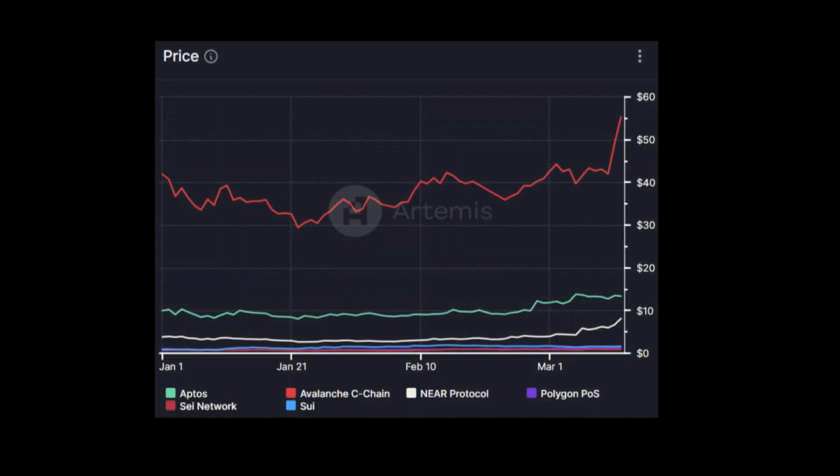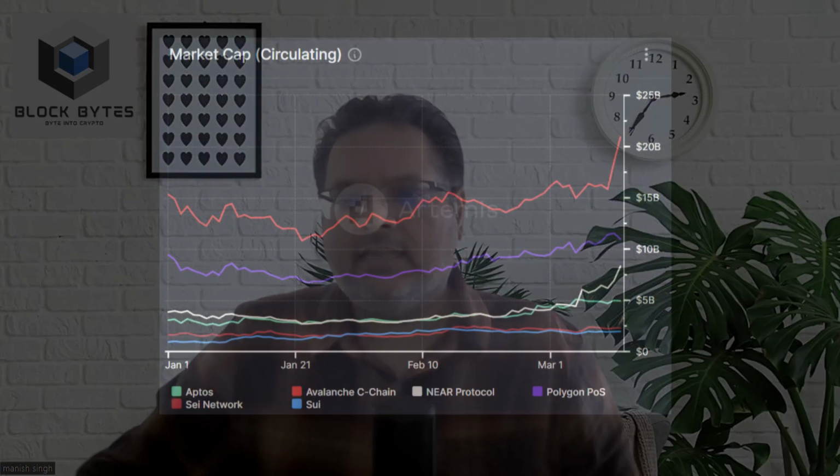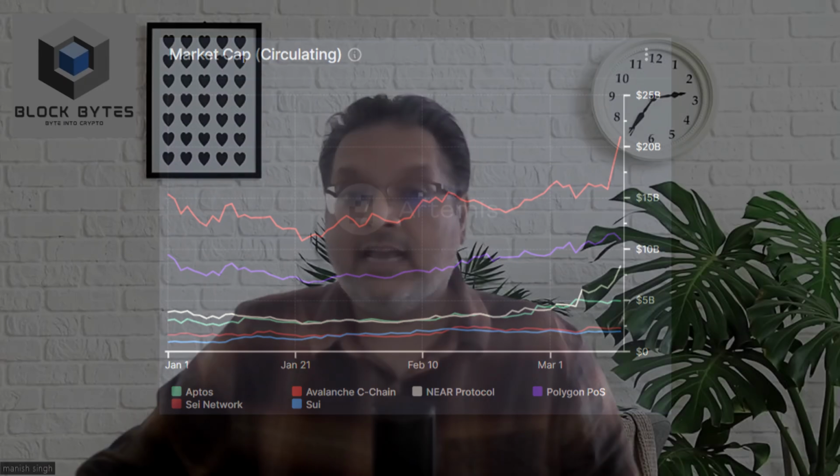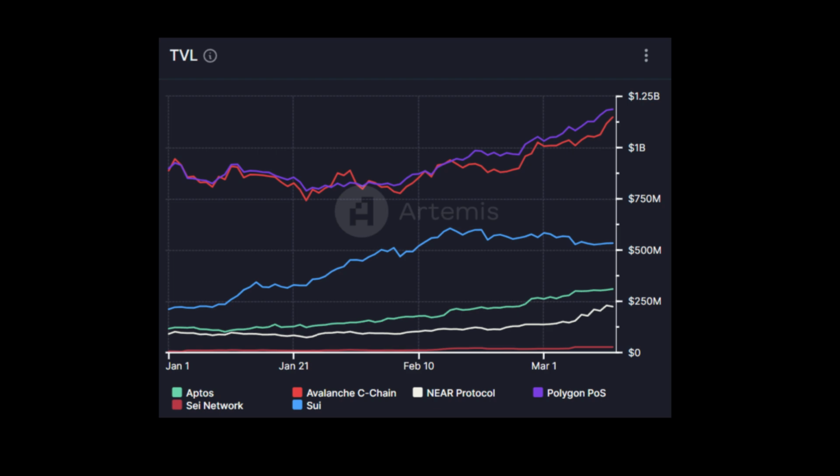All this renewed interest has resulted in a price rise of the Near token, which is trading at $7.95 at the moment. And with the price rise, we see an increase in the market cap as shown in this chart. It is catching up to Polygon's market cap. Finally, the total value locked has also seen a rise as more people start to use the protocol. Although far from $1 billion, at least now there is an upward trend.